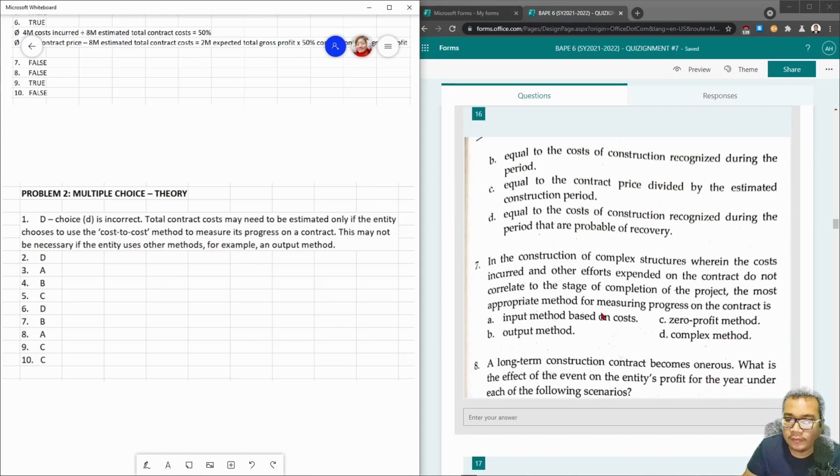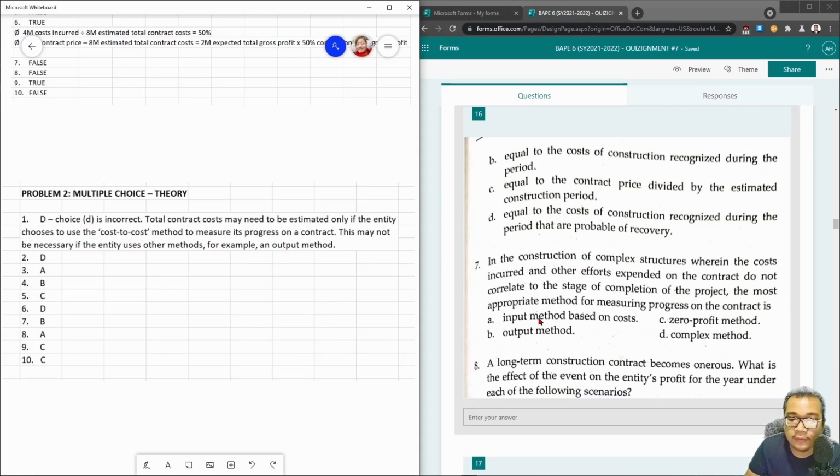In the construction of complex structures wherein the cost incurred and the efforts expended on a contract do not correlate to the stage of completion of the project, the most appropriate method for measuring progress on the contract is input method based on cost. Yun na nga ang problema, hindi klaro eh. Zero profit. Medyo dyan eh. Kasi wala naman sinabi na walang recovery, di ba? Na may